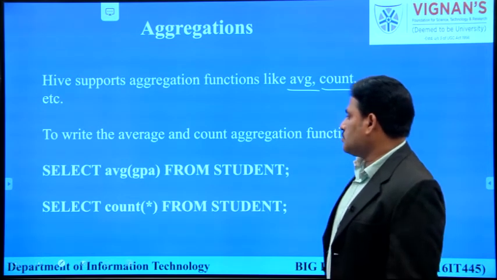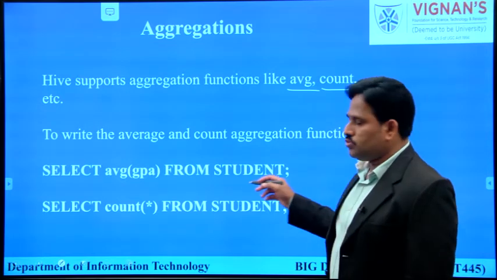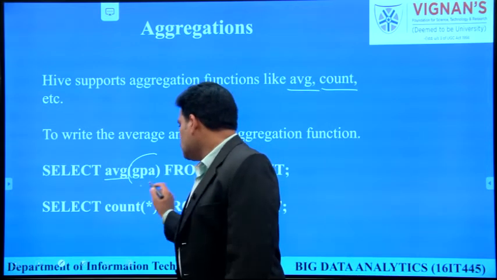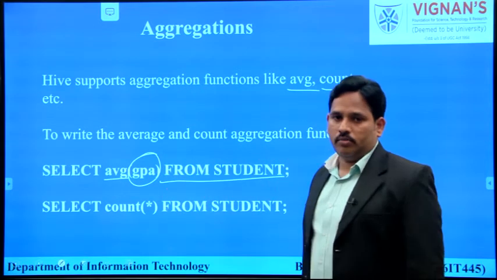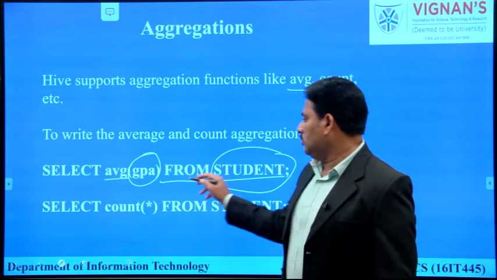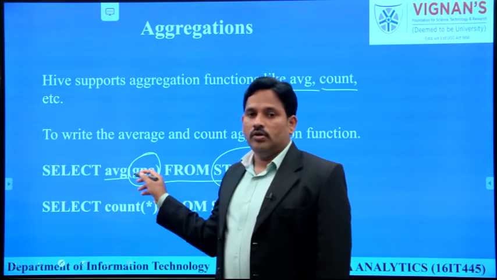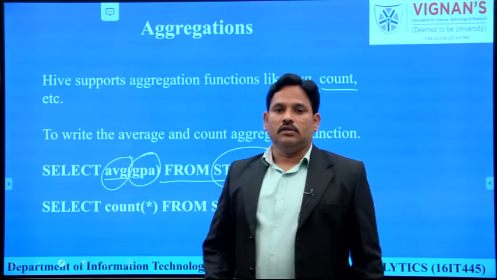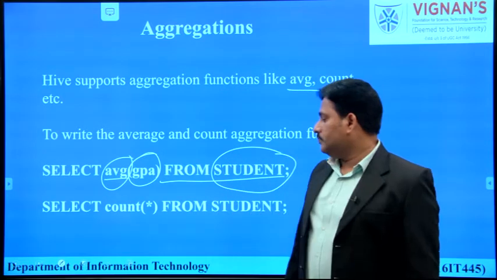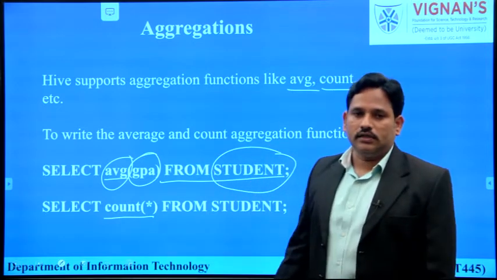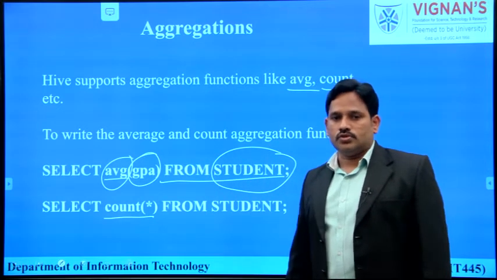To write average, count aggregation functions, we will use syntax like select average GPA from student table. That means it will retrieve all the records from the table based on the GPA value, and for all the GPA values it will calculate the average. That average is going to be displayed. To see the total number of records, we will use select count star from students.